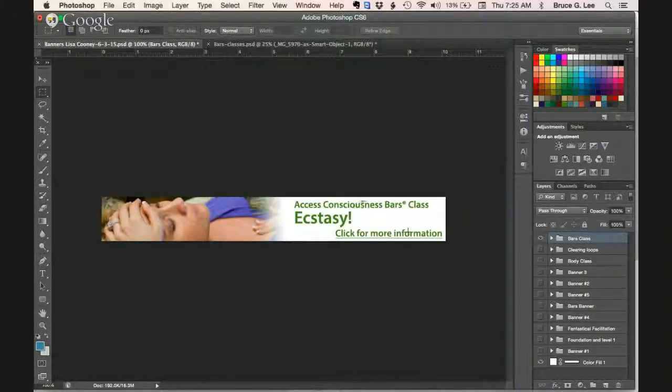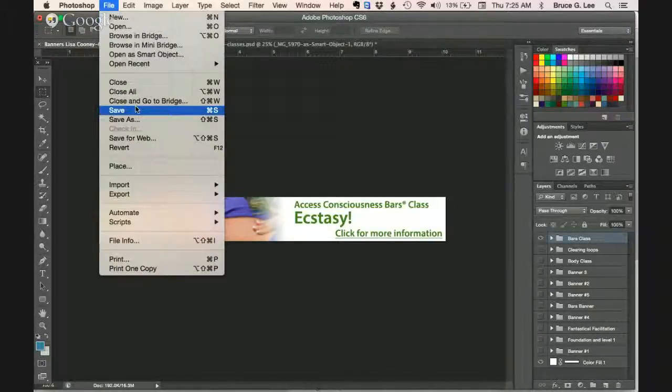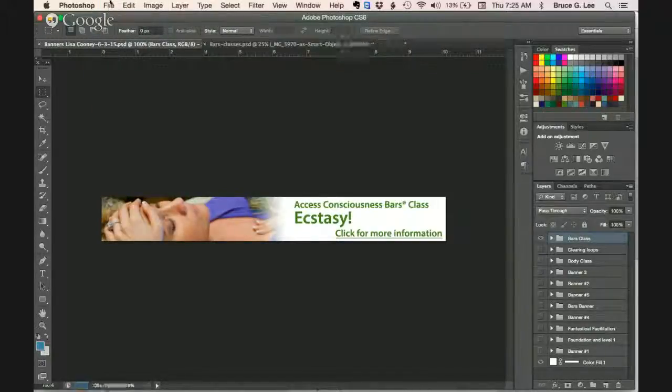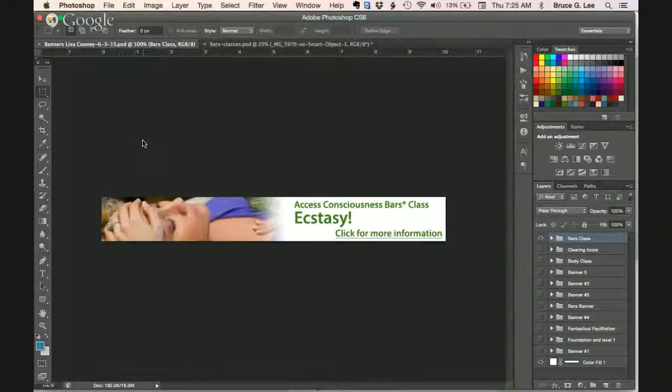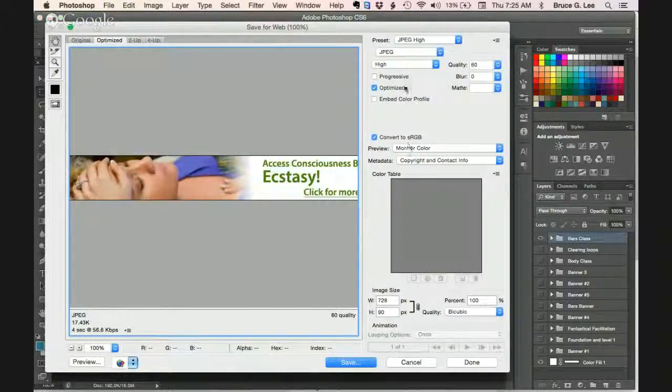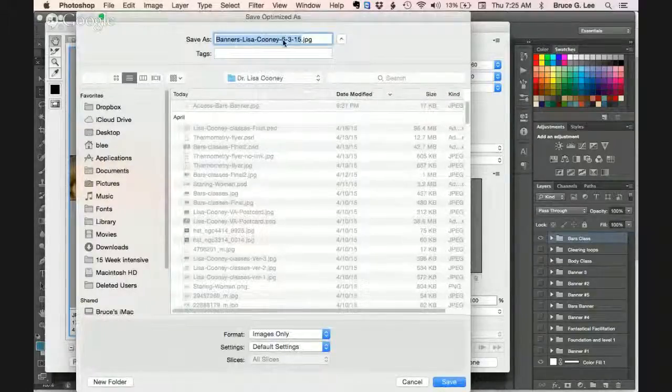So now I'll save it again, which you always want to do before you export, and then I want to Save for Web in Photoshop. And just a relatively high quality is good. And I just click save, and it lets me name the file. So it already says banners Lisa Cooney, and I'm now going to select the date and enter